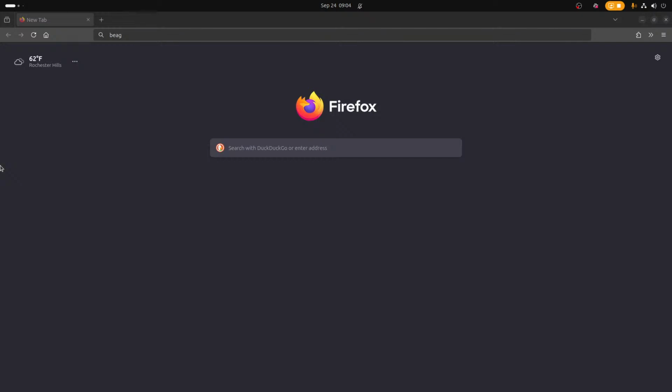It looks like it's still showing just a blank Firefox window. Is that right? Yeah, it's just showing a Firefox window with BEAG in the search bar. Maybe my screen is frozen. I don't know why it's frozen. Even OBS shows it's frozen.